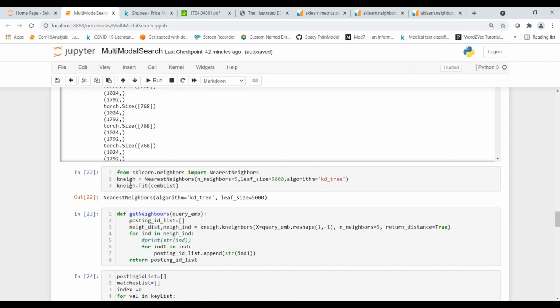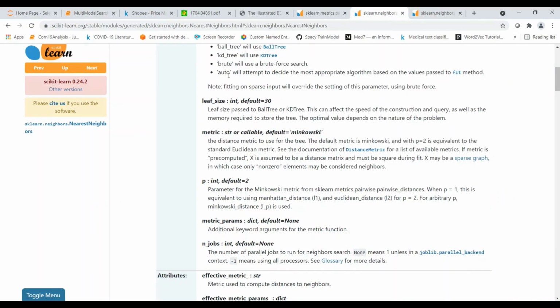I am creating an instantiation of the NearestNeighbors class with n_neighbors equal to 5 and algorithm equal to kd-tree. To understand about nearest neighbors, you can look at this nearest neighbors explanation from scikit-learn. I will also put this link in the description of the video. One important thing to note is that the metric by default is Euclidean. But we want cosine distance.